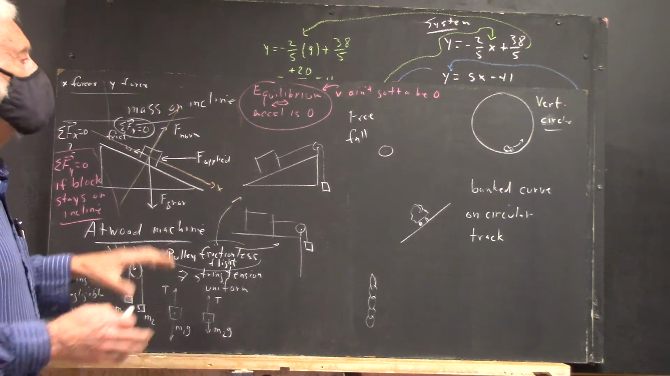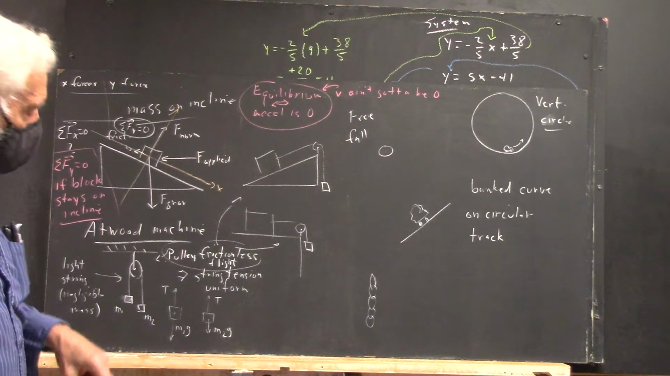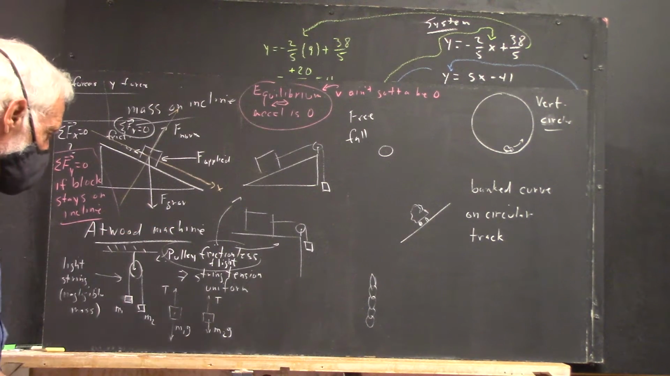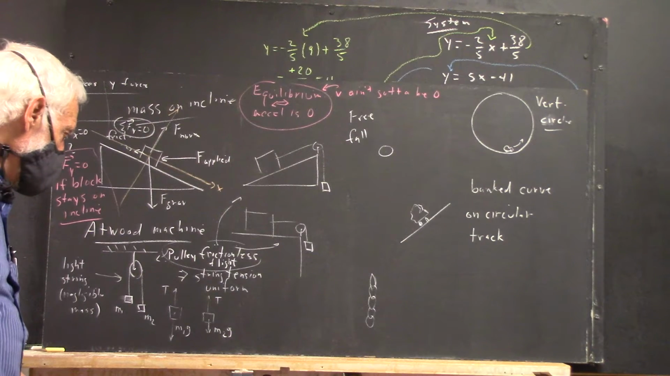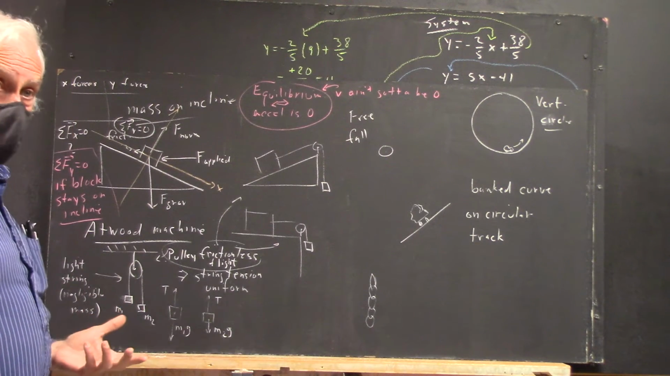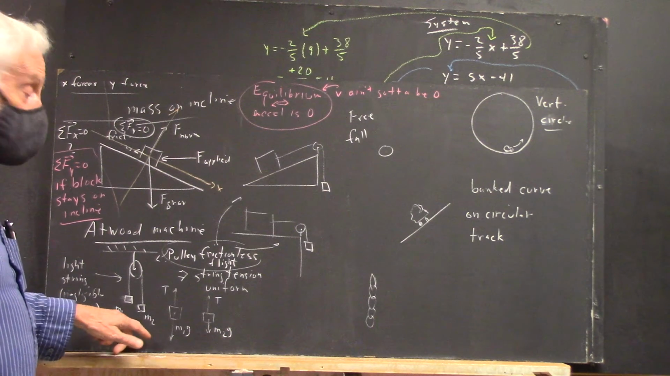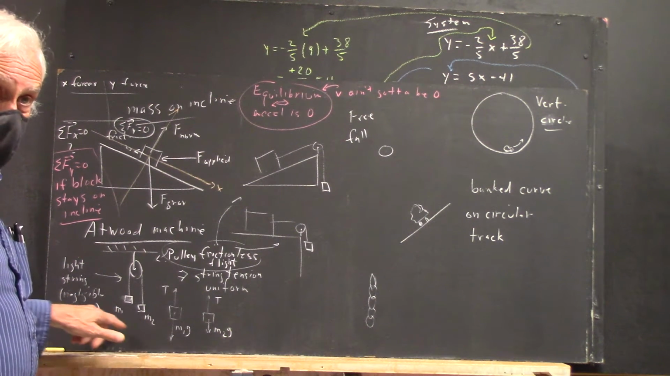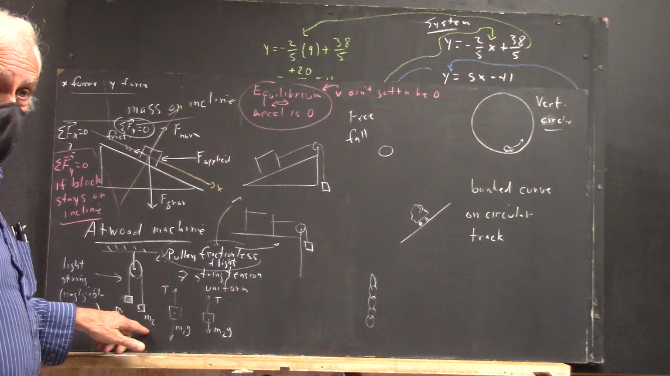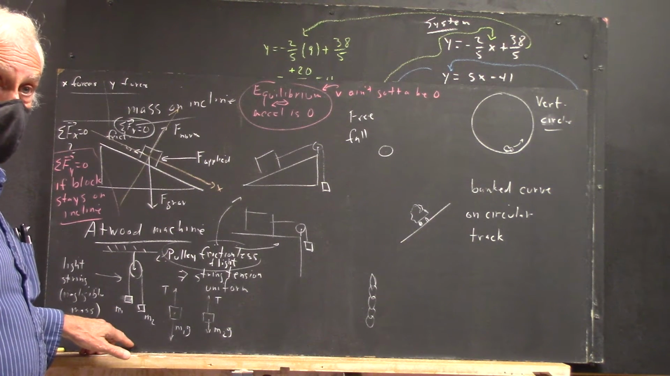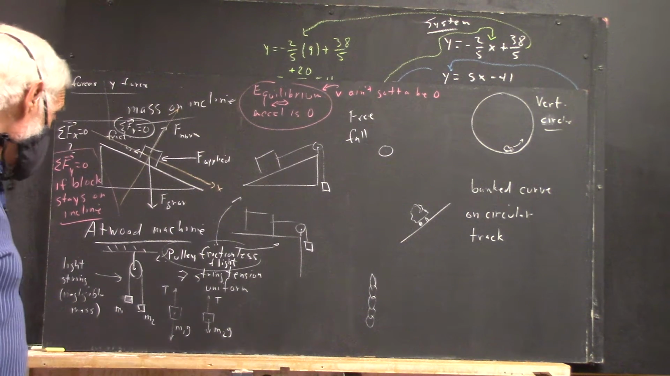Okay, when we do more with rotational motion, there's another way to conceptualize that. Then you have an acceleration that's just M1G minus M2G, this force minus this force, divided by the total mass, right? So you have